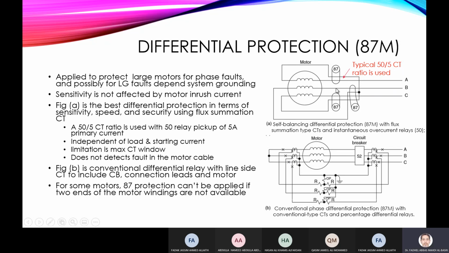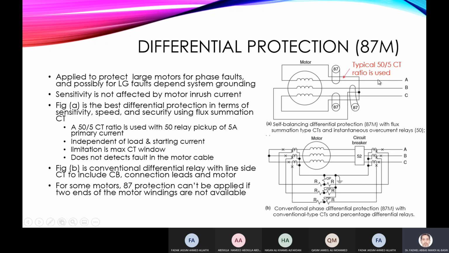As I said, this is independent. This connection is very sensitive, independent of the load current or starting current. But it has two limitations. The first is the window size of the CT, through which you must pass the two conductors at the ends of the two motor terminals. And the second disadvantage is that